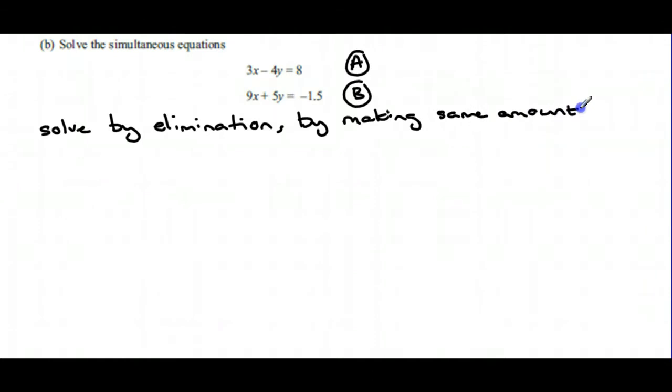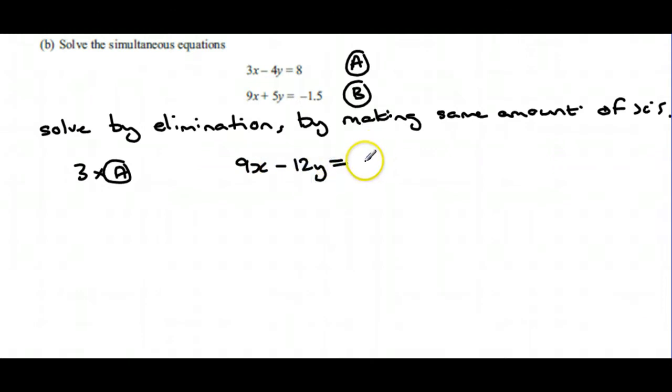I've chosen x's because I only have to do one thing to give them the same amount of x's, and that is to multiply equation a by 3, which gives me 9x minus 12y, and don't forget to multiply both sides of the equation by 3, and that's equal to 24. Call that one c. Now I've got 9x in both, which means I can do equation c, take away equation b,